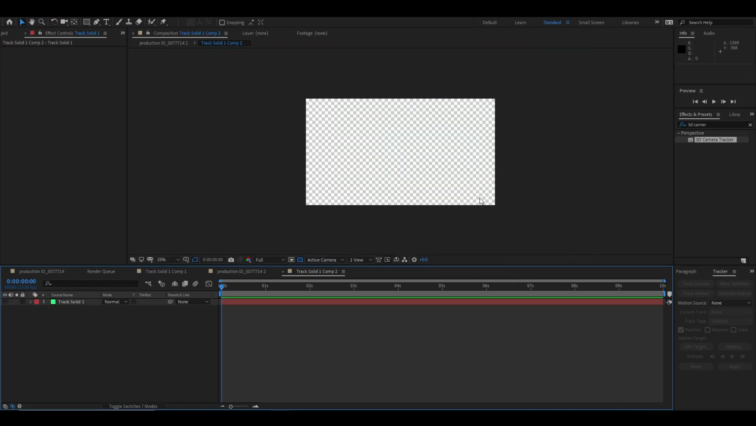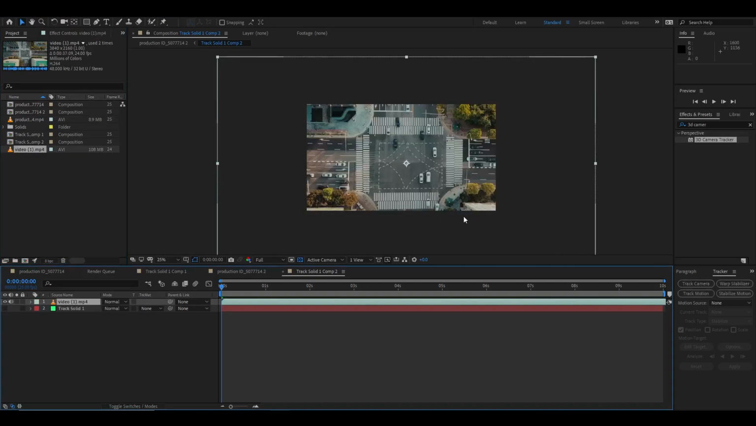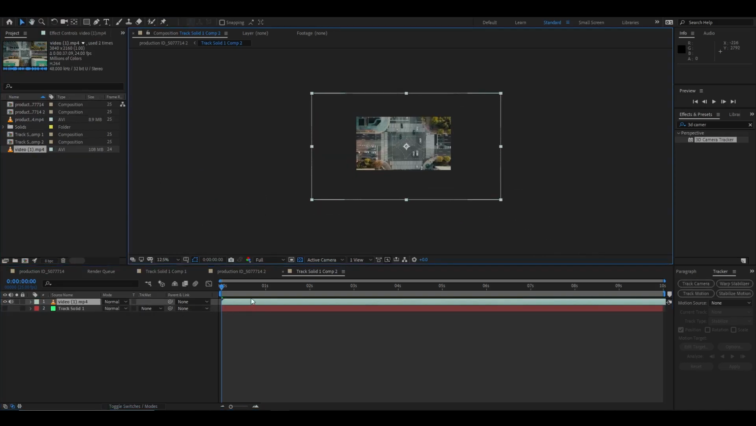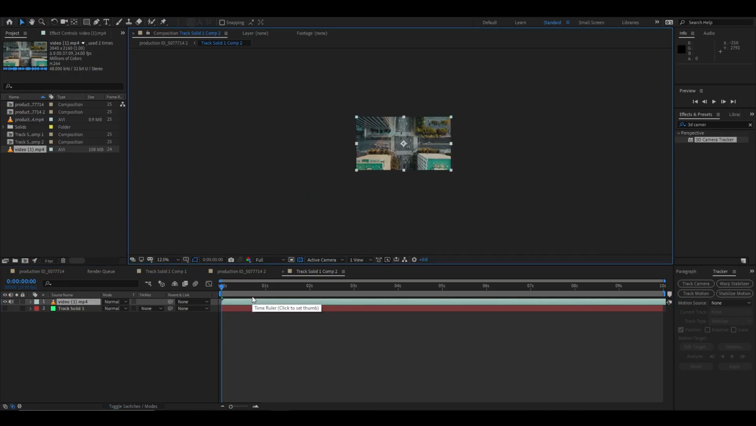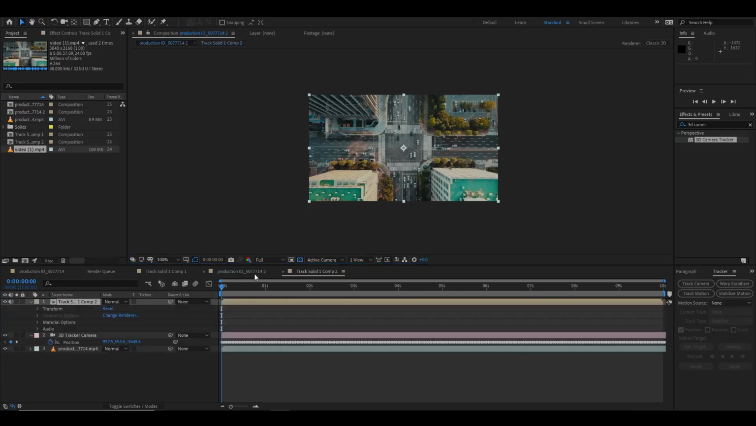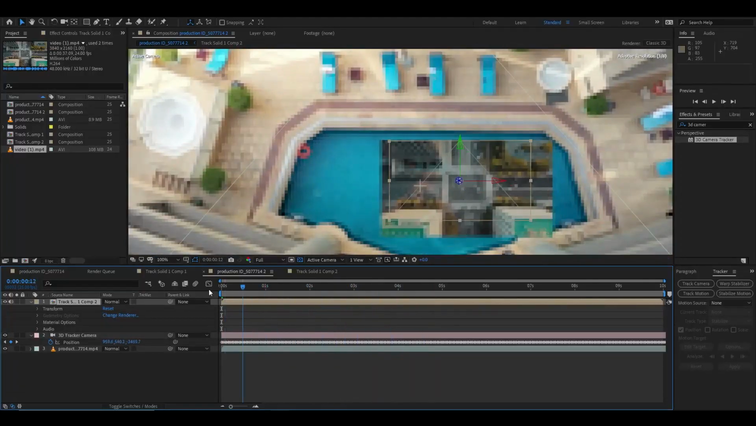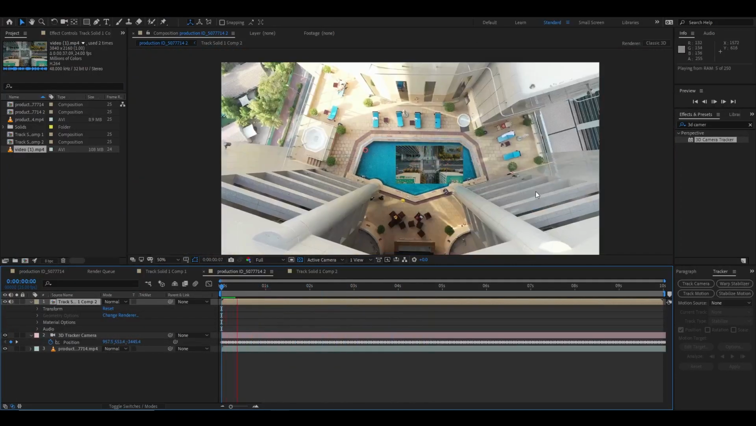I don't need this green solid now. And in the project panel, I will use this city footage and drag it over here, and I will just simply press Ctrl Alt and F to fit the size of the footage to the size of the composition. And now again I will just get back over here, and over here you will see the video is